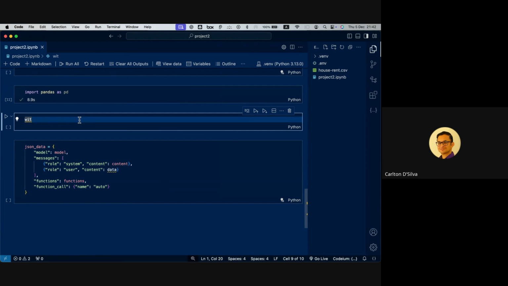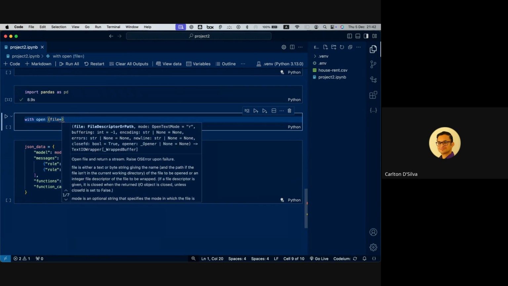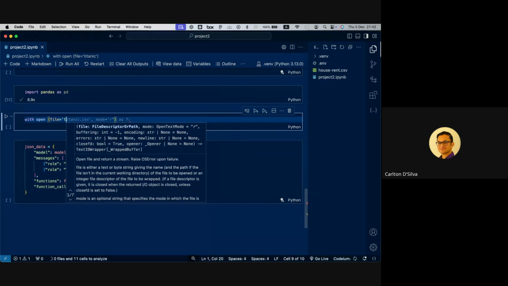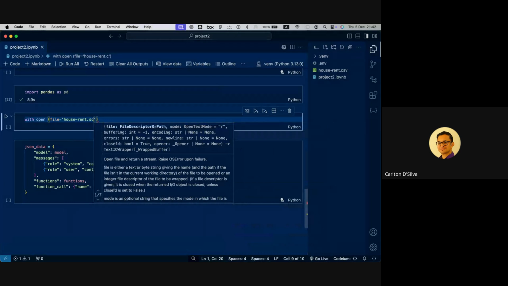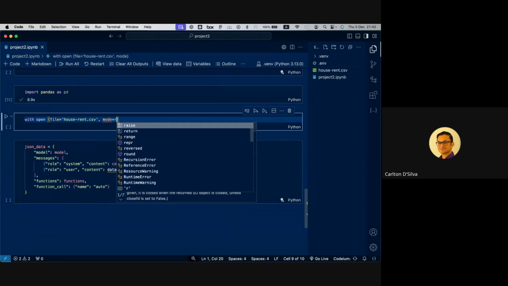Okay, so we encountered a problem. When we opened it with a pandas data frame, it creates some additional issues for us when we are passing the CSV. So instead, what we ended up doing is just opening the file directly and taking a few rows from it, rather than putting it in a pandas data frame to begin with. House rent CSV equal to